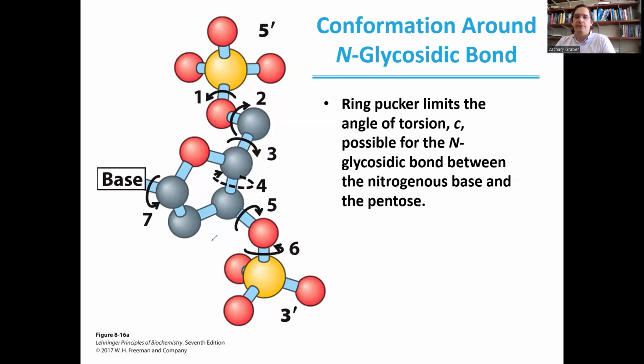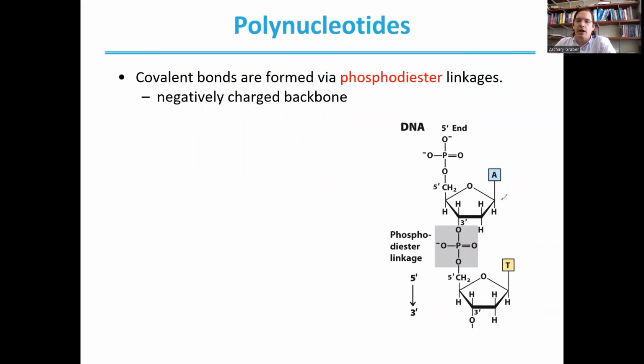So the puckering and the different conformations of our ring will affect the conformations that we get with our beta N-glycosidic bond, and will also affect the conformations of our bonds here connecting us to our phosphate groups as well. While our base here on our nucleic acid might have multiple different conformations, it's important to note that our base only ever has that one